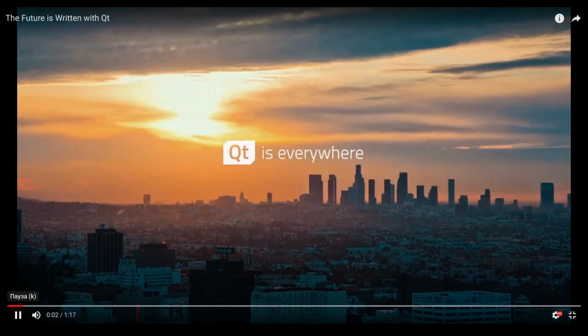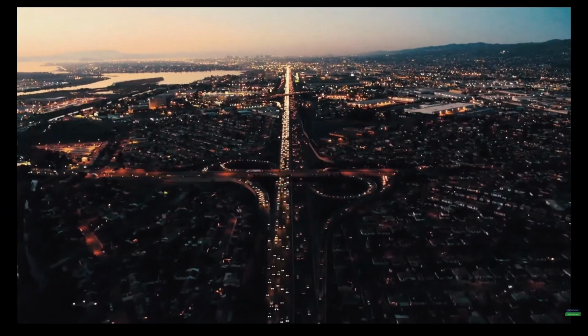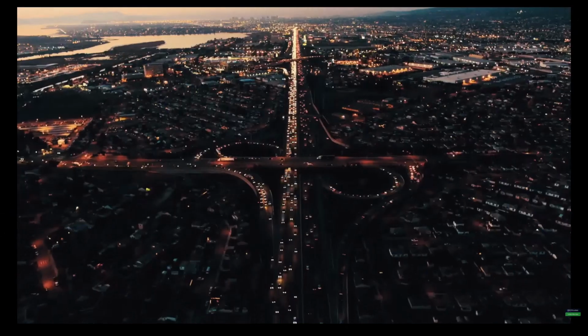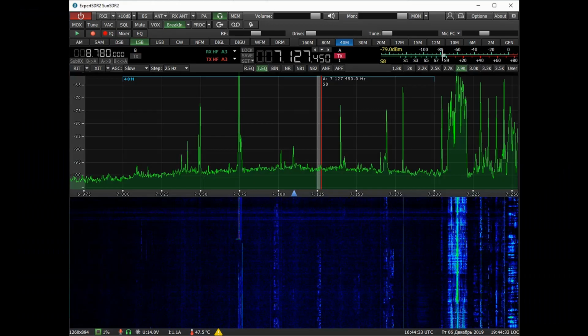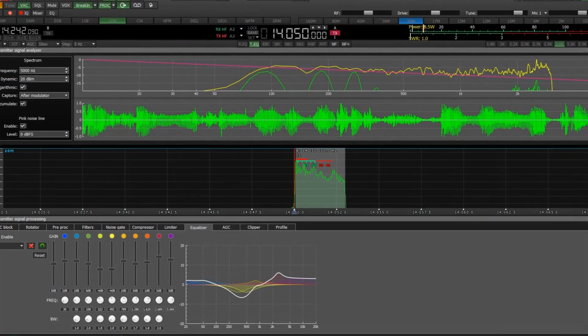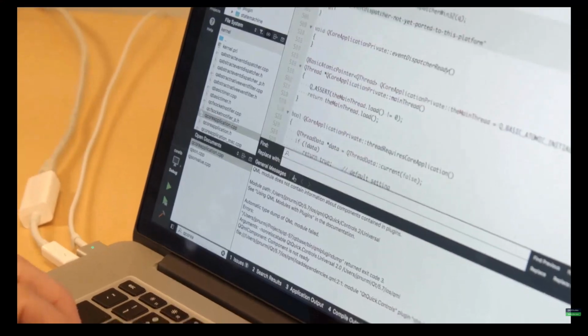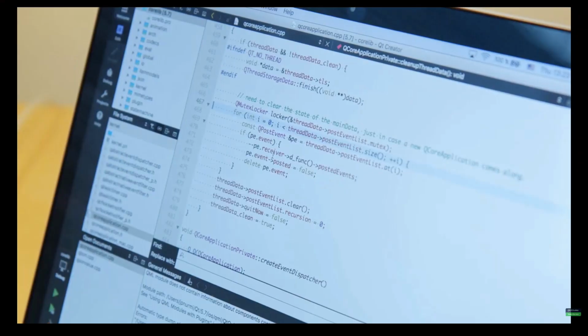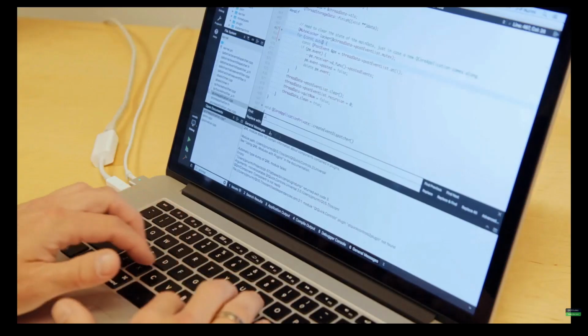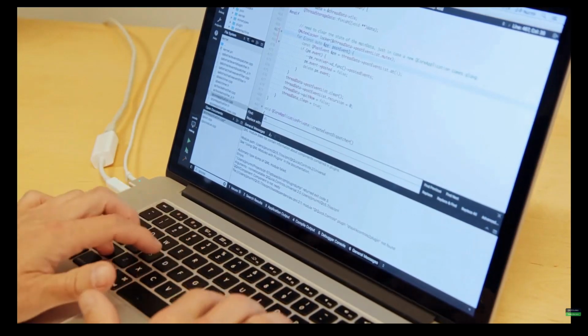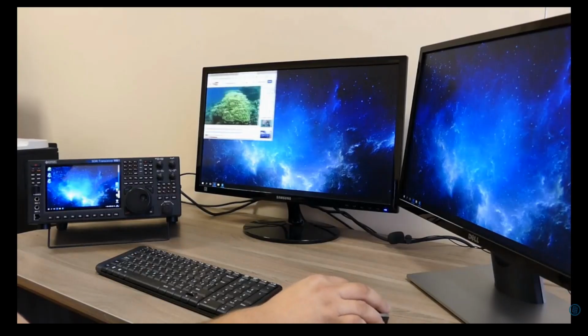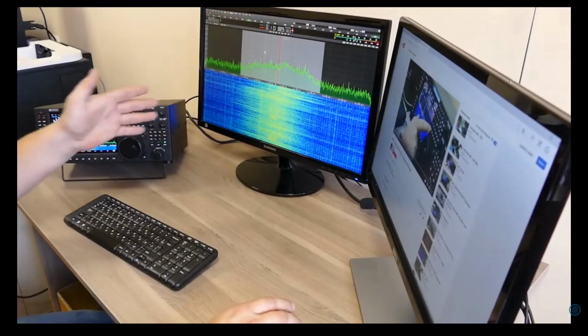We began the development of Expert SDR 2 using a cross-platform Qt4 development environment. Simply saying, Qt is a set of blocks used to create software. For example, blocks of COM port, local network, file management, etc. In 2017, we moved to a new Qt5, which allowed us to support macOS and current versions of Windows 10 and Linux.